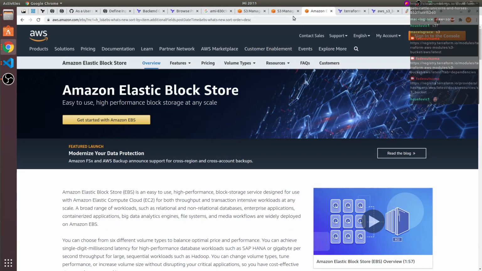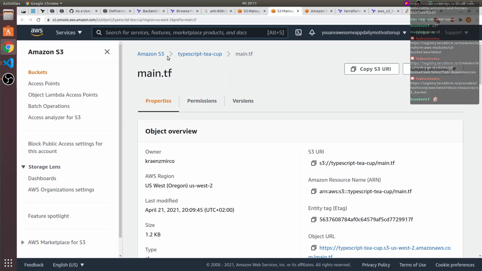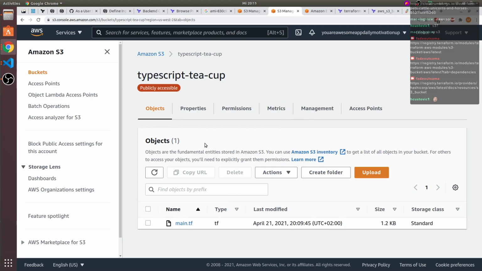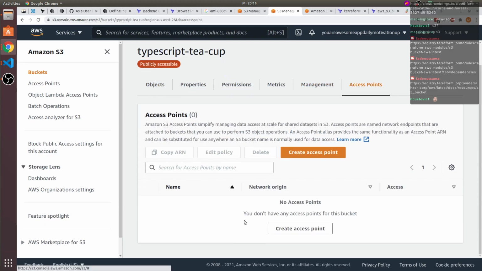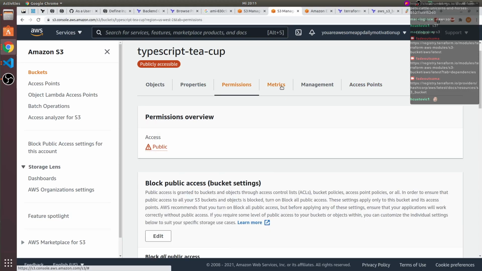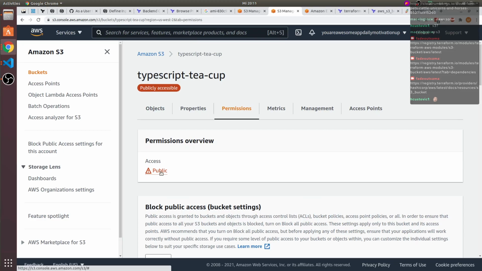How do I access the file? How do I access the bucket? Let's ask like that. Access points. We have no access points. Maybe that's the issue. Access public.